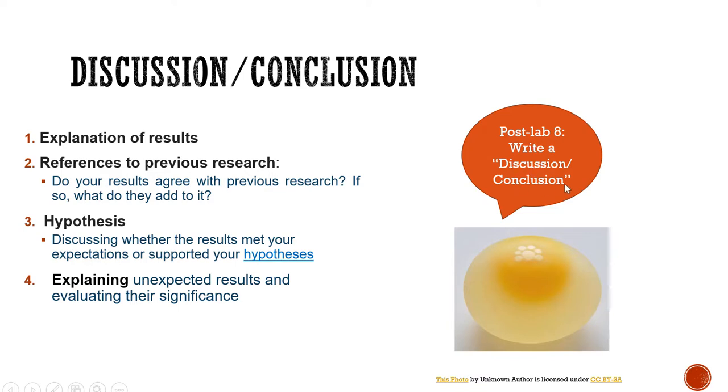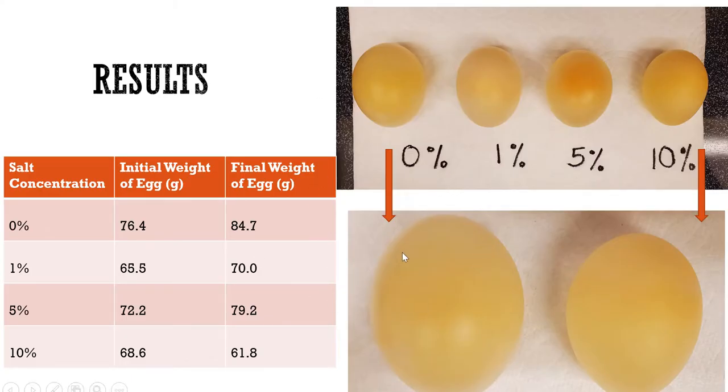Write discussion and conclusion. You're not writing an introduction, you're not writing results and showing the results, that's given to you. You're only writing the discussion and conclusion for your post-lab 8 assignment. Again, they are based off the results that you need to interpret. So this is the naked egg